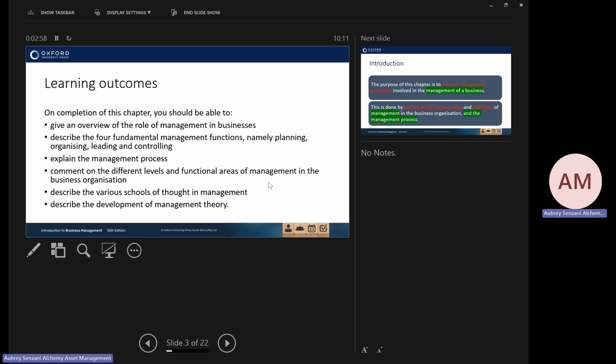Then it's going to explain the management process. Then we're going to look into the different levels and functional areas of management in the business organization. Then describe various schools of thought in management, and then finally the development of management theory. Those last 2 are quite closely related,